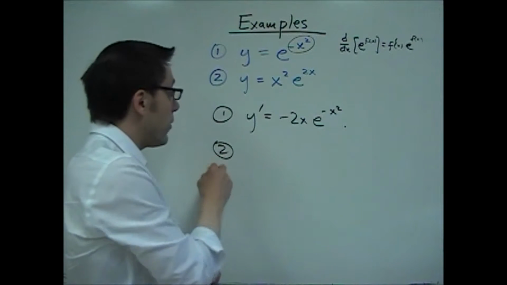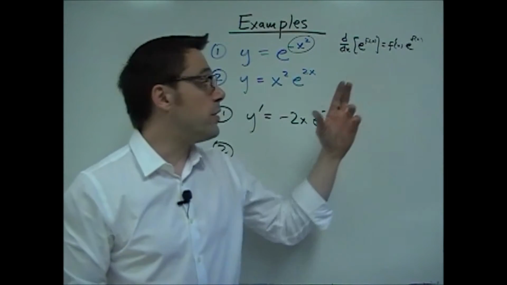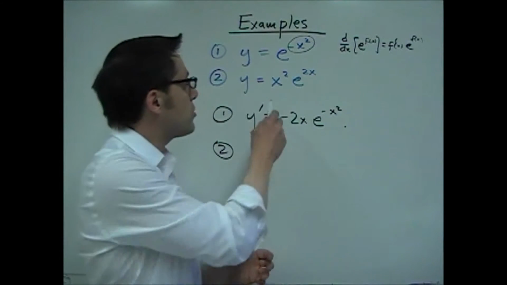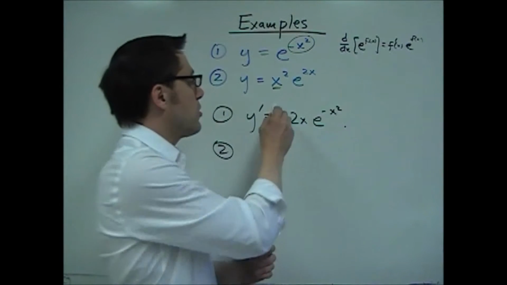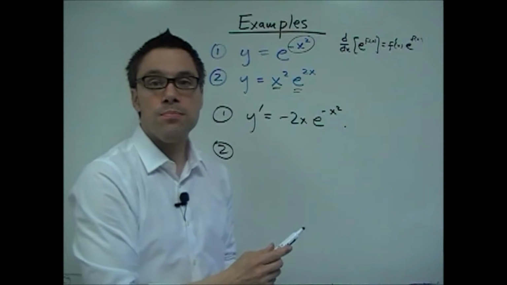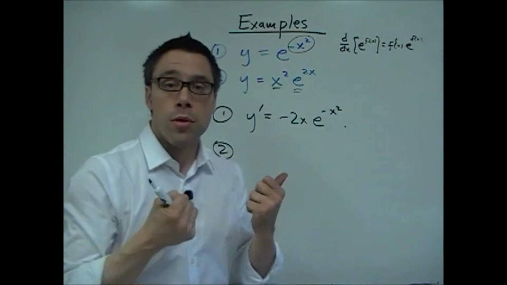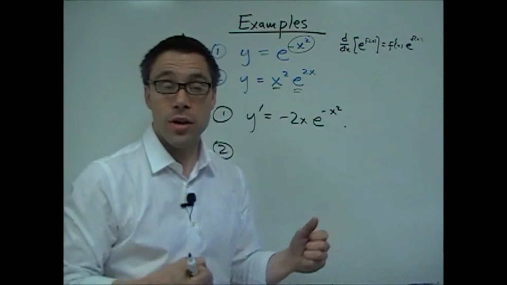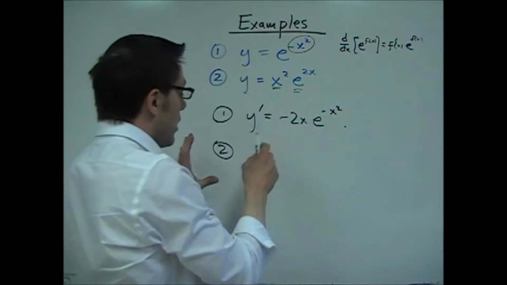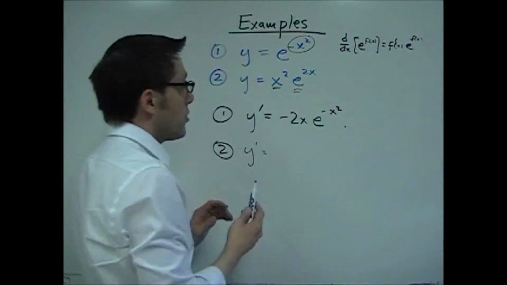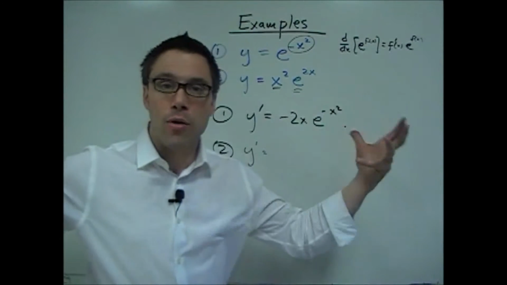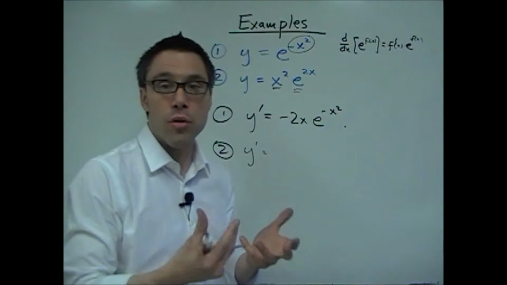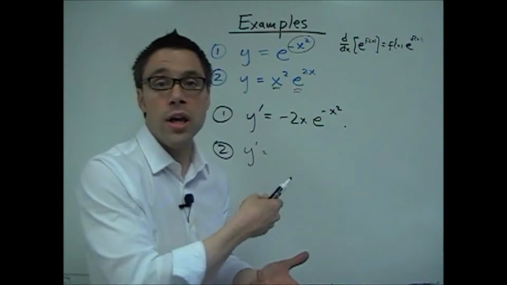For the second one, however, I still need to use this rule because we have a function of x in the exponent. But also, notice that I have a product here. In other words, there's a product of two functions. So that means I have to use the product rule and my shortcut rule of exponentials. So let's go ahead and do that. So notice that for this one, first of all, I'm going to use the product rule. That's kind of the outside thing I'm using. And then interior to that, I have to know about the derivative of polynomials, the power rule,